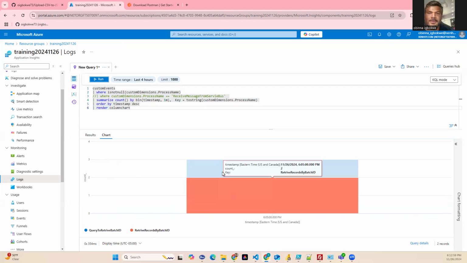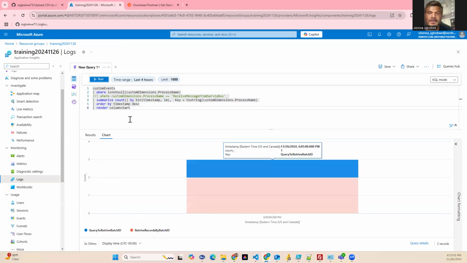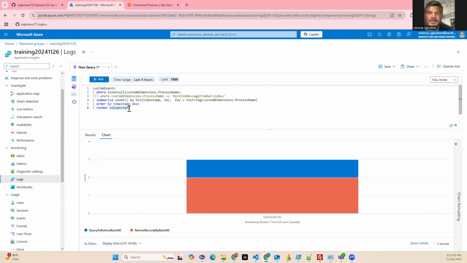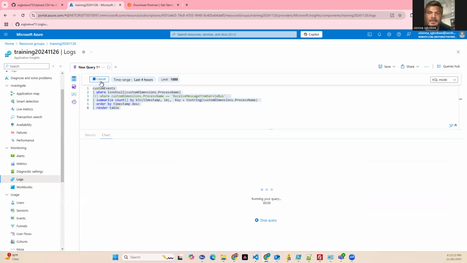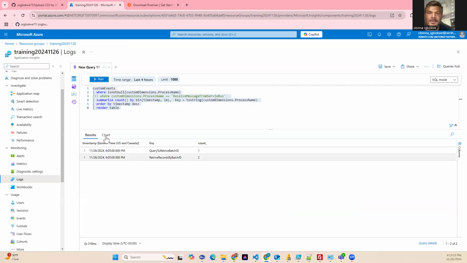So this is a way of indicating how many processes ran in a certain period of time. We can render it in different formats: area chart, bar chart, and table. We just want this basic table, so we can go back to table format, and it pulls it back and gives it to you in the table. It tells you that this query ran. These are the two queries that ran and how many times they've run. And as we run more queries to the system,